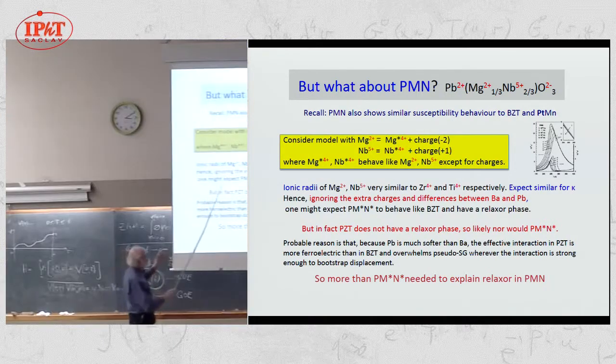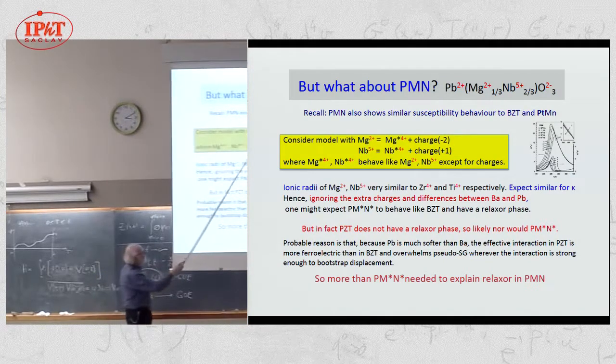And hence, if we ignore the extra charges and the difference between barium and lead, one might expect that P, M star, N star, which means using these things instead of these ones, would behave like the first one that I talked about, which is abbreviated to BZT, barium zirconium titanate, and would have a relaxor phase. In fact, however, this material does not have a relaxor phase, and so it's likely that